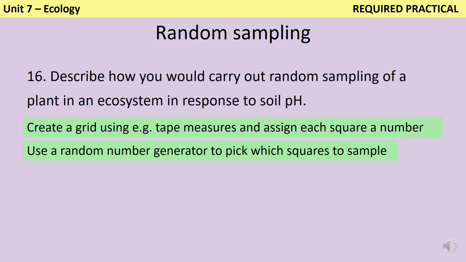But another thing that you could do is you could have dice that you roll to do the coordinates. So if it was a 6x6 grid, you could have the first dice being for the horizontal axis and the second dice being for the vertical axis, for instance. Then for each of the squares that you've identified as being sampled, you place a quadrat in that square, and